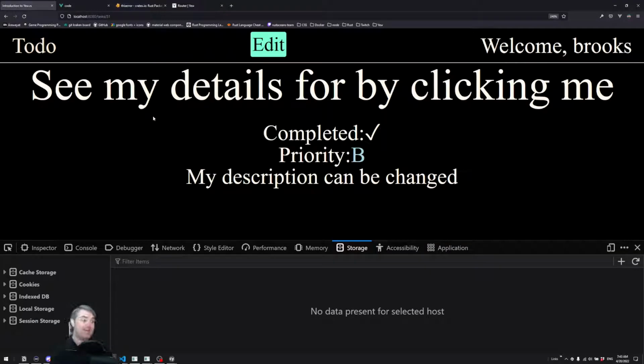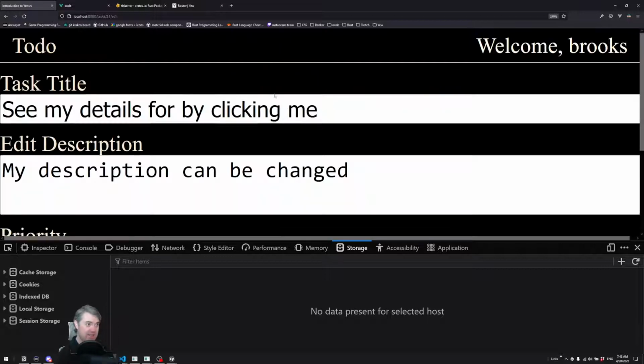All right, it's time for us to update the task. Right now, we have our edit button when we're looking at the details of a single task. If we click that edit button, we see the form. We can update this form. So we can just throw whatever things we want in here,